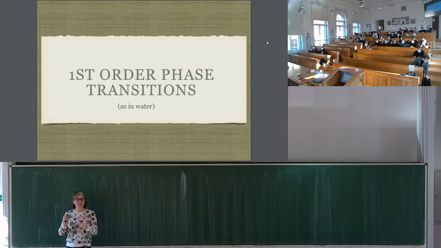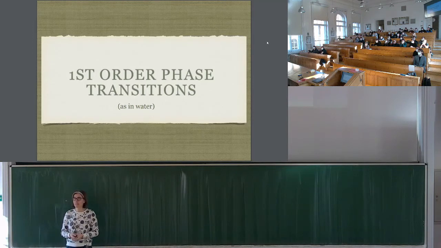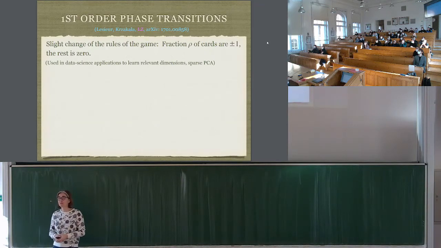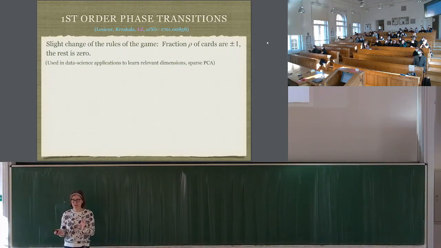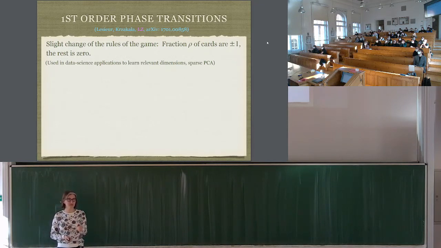First of all, can we have a first order phase transition, like the one in water, where the density jumps discontinuously, in our card game? Who knows, right? So yes, we can. And what do you need to do to make it so? You just change slightly the rules of the game. There are many ways to do it, but one nice way is to add many zeros to the deck of cards. In the plot that will be coming, I think I have 92% of zeros in the deck of cards. So most of you get a card with 0.